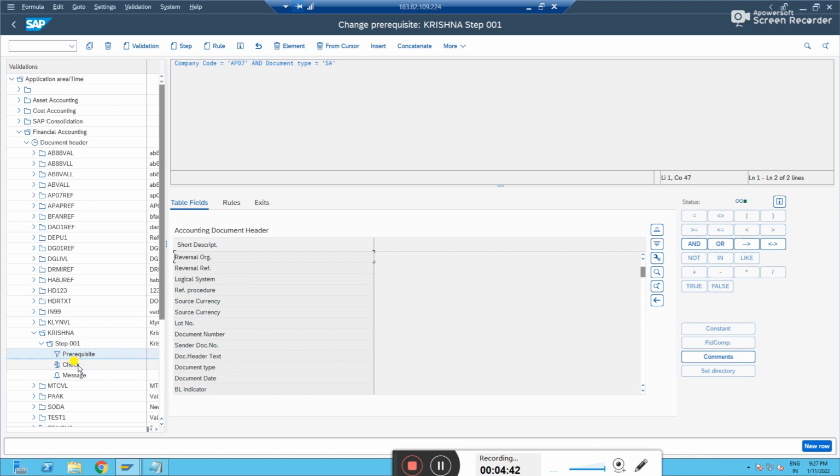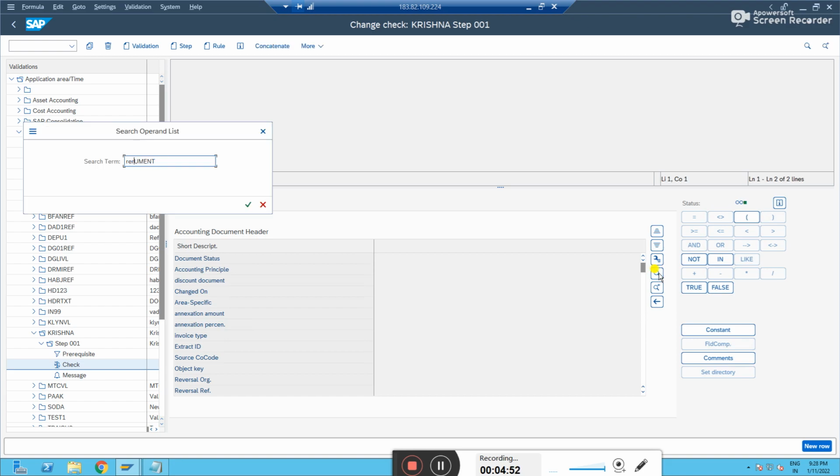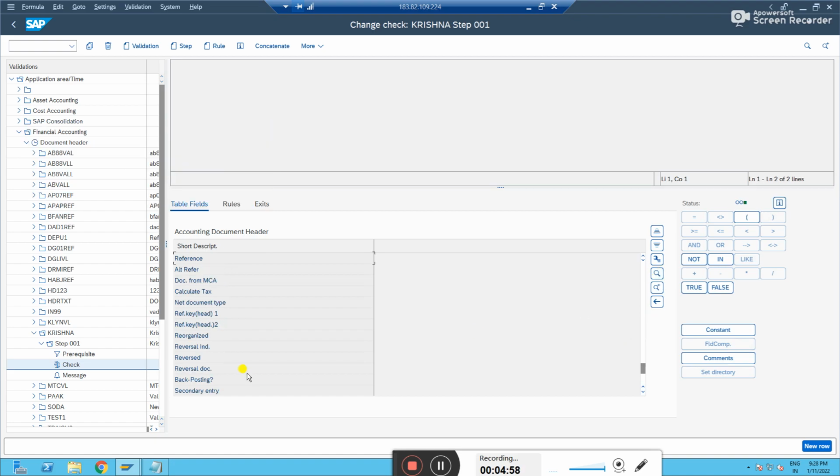Then I have to tell the system what needs to be checked. I click on check, and again I need to give the field. I'll give the reference field. Reference field has come, and it should not be blank. That's my requirement.